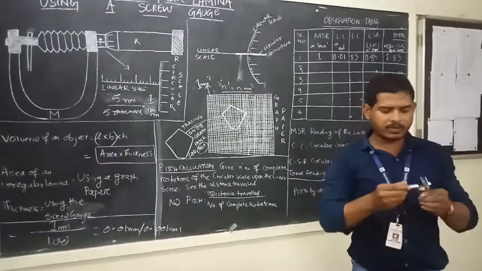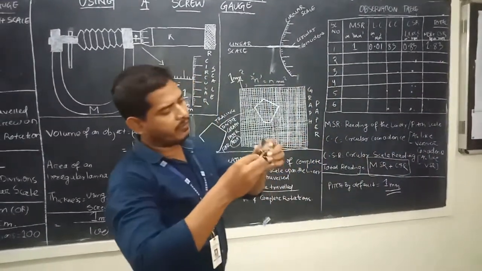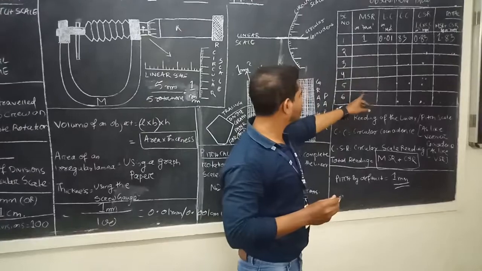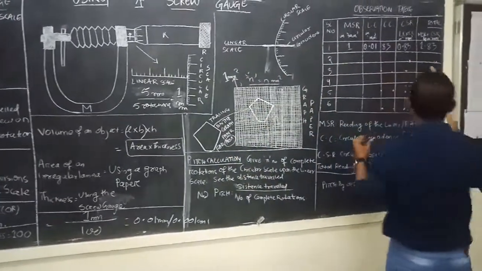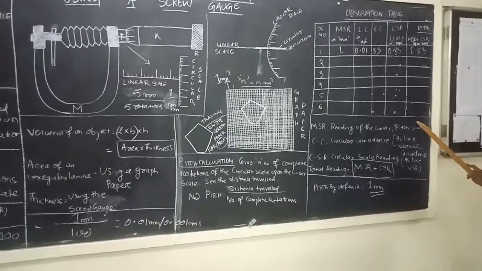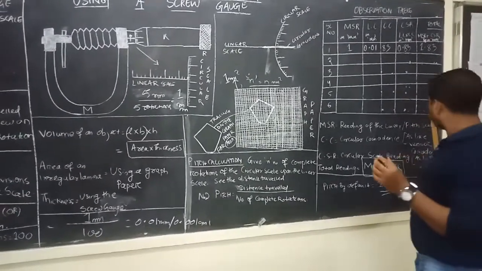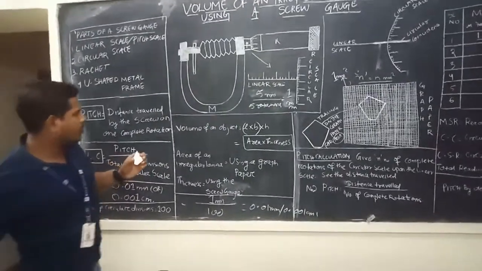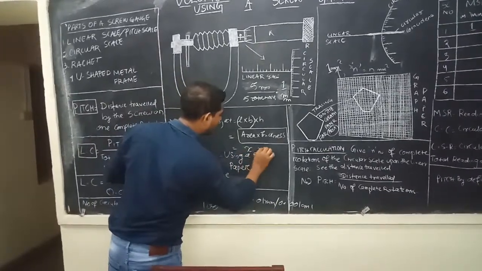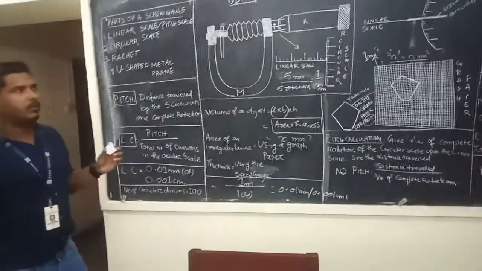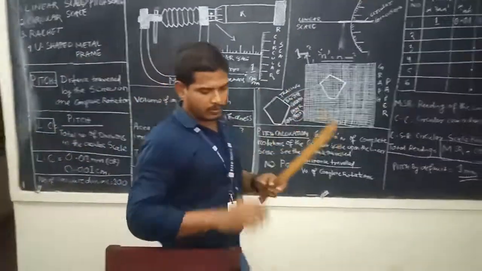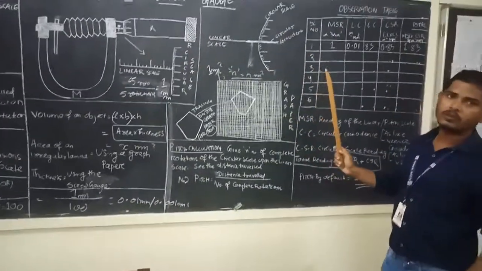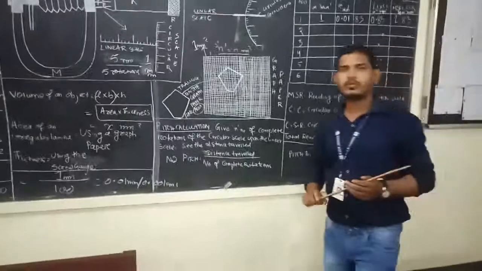Like this, you have to take various observations along its surface by changing the position of the lamina. You will take 5 to 10 observations, find the mean of those observations, and it comes to your thickness. Finally, having the thickness and your area, you multiply the thickness and area. Now the final volume will be something like x millimeter cube. I hope you have understood how to find the volume of an irregular lamina using a screw gauge. So thank you all. See you in the next class.